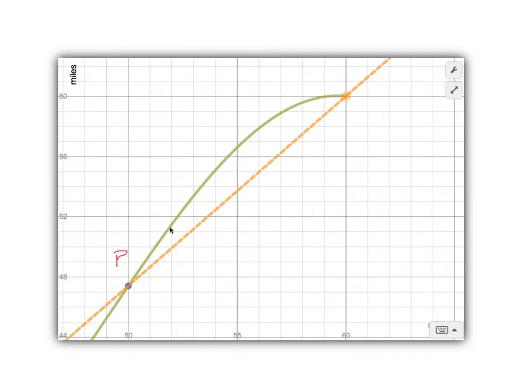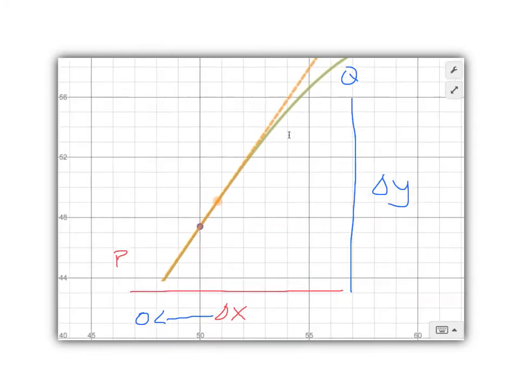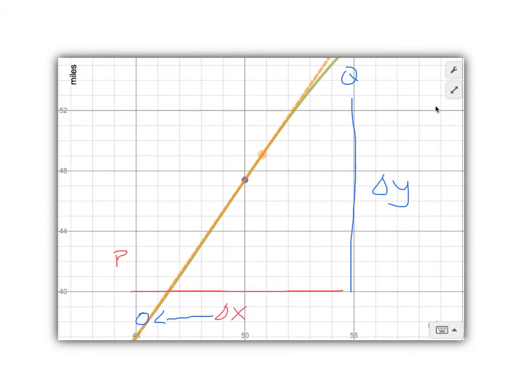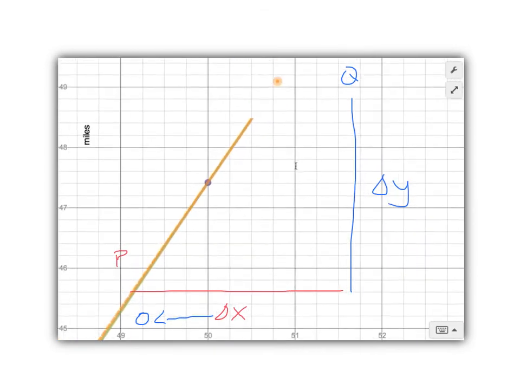Right now, if we calculated the slope, we'd get an approximation for the slope at the purple dot, but it's not very good. We can see that these lines don't really meet up very well. So we take that point and move it closer, and as we move it closer, we make the distance between them smaller. That's our delta x. As we make that distance smaller, they start to line up better and better. We can even zoom in more, and if we keep zooming in,